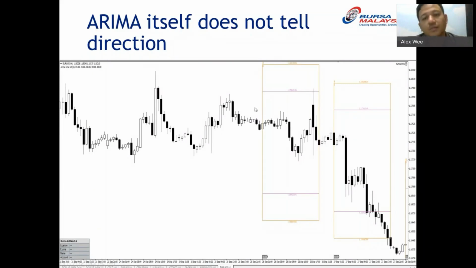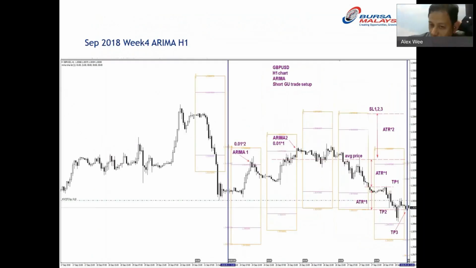But remember, Bollinger Band is just like Arima. Both of them do not tell a direction. They are just basically volatility points for you to enter based on a volatility formula. But they do not tell you whether you should buy or sell. So Bollinger Band and Arima are quite similar in a certain way. So if you just use Arima to short, because the macro is short, or there's a certain reason why you want to short in the first place, then this is where you should short, this way you should take profit, this way you should take profit.